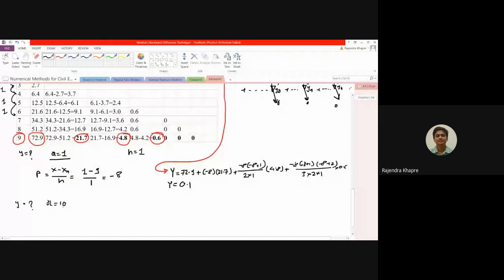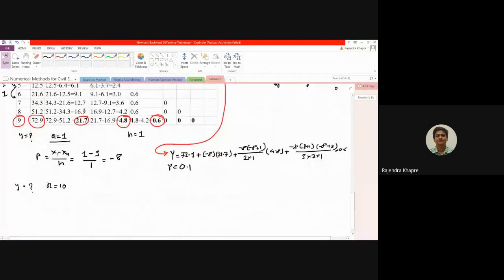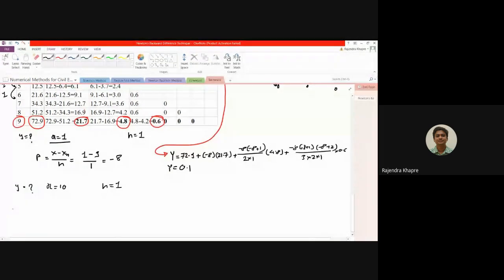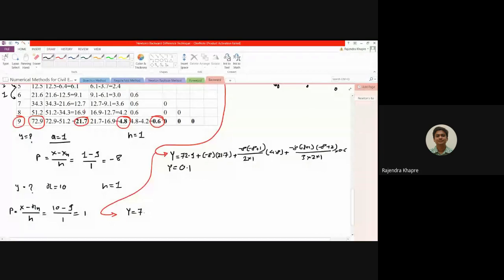Now the second part of the problem says what will be the value of y when x equals 10. Again you will find that x equals 10 is beyond the data set. In this particular case your h is going to remain the same, that is 1. Your p value is nothing but x minus xn divided by h. So your x value is 10, xn is 9, this is 1, so the p value is going to become 1. The same expression which we have written earlier has to be written here. So finally this y can be written as 72.9